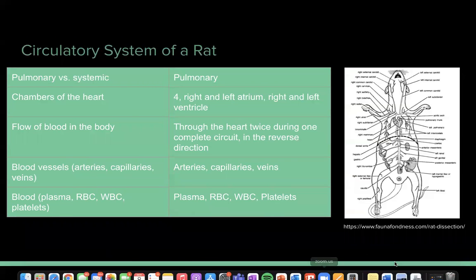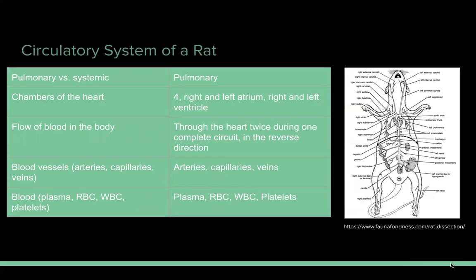Once again, as shown on the figure to the right, the circulatory system of a rat is pulmonary rather than systemic. They have four heart chambers, the right and left atrium, as well as the right and left ventricles. The flow of blood in their bodies goes in the reverse direction, and they go through the heart twice during one complete circuit. Their blood vessels include arteries, capillaries, and veins, and plasma, RBC, WBC, and platelets are found within